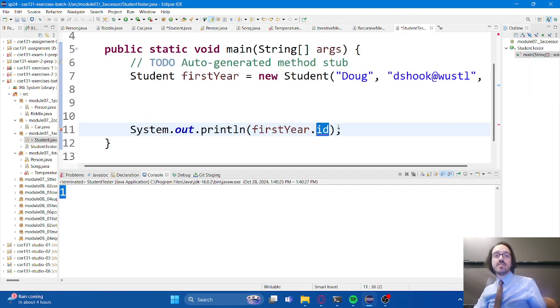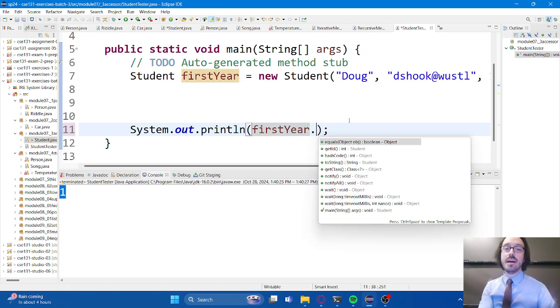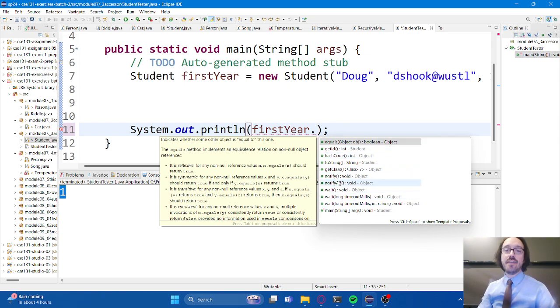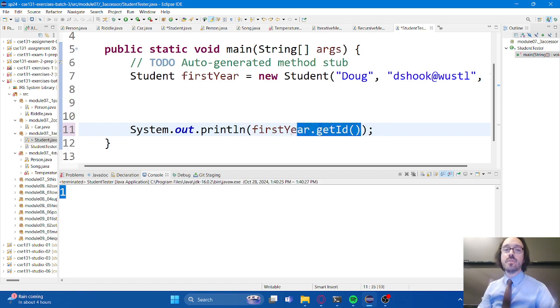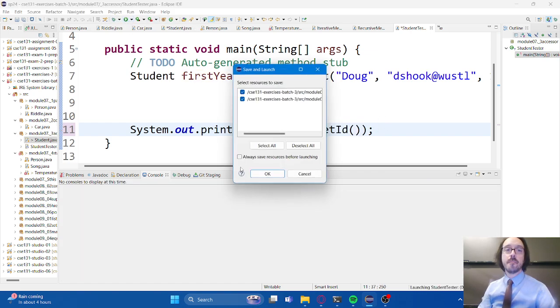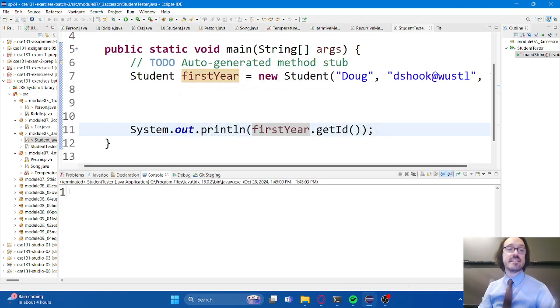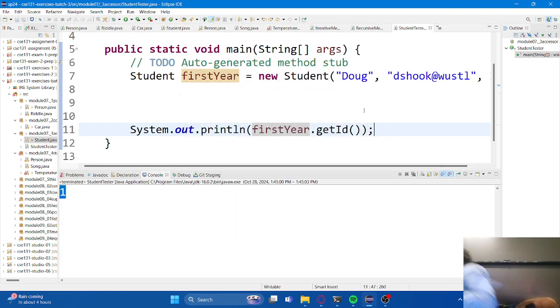And then if we go back to our tester here, well, I can't access the ID this way, but if I type a dot, you'll see that Eclipse shows me all the methods that I have access to, and oh hey, getID, that getter that I just wrote is one of them, and that will tell me what the ID number is. I can run this code now and see the ID, but because it's marked private and there's no setter, I can't change the ID. That's big. That's important. For security, for protecting our data, that's huge. This is the proper way to develop your classes, to develop your objects.